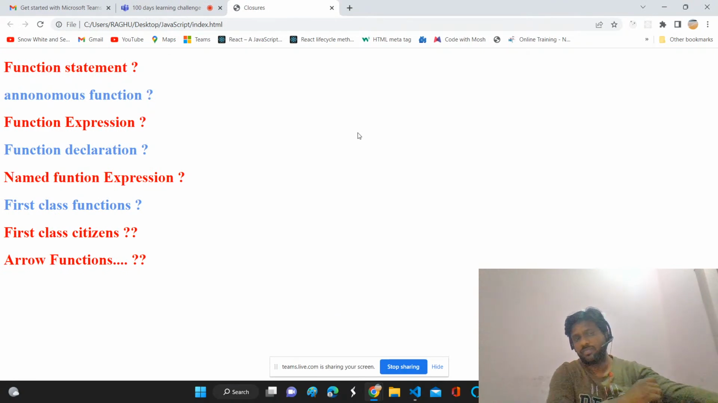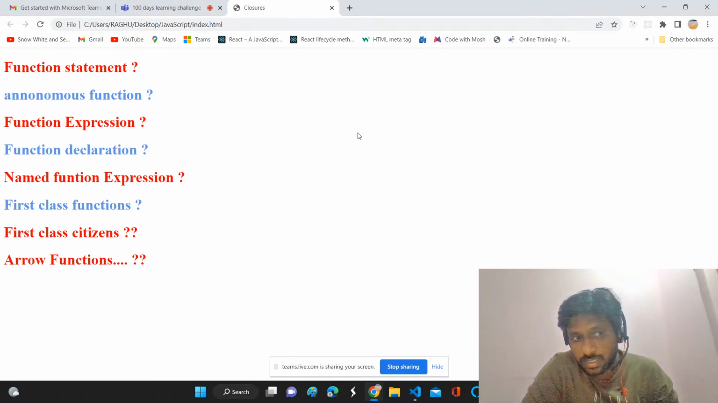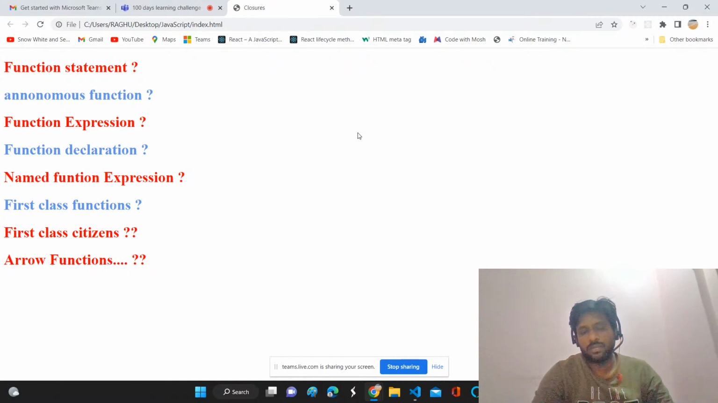Okay, in the last session we learned what a function statement is, what an anonymous function is, what a function expression is, what a function declaration is, what a named function expression is, first class functions, and first class citizens. Of course, we didn't talk about arrow functions. We're going to learn those things in the coming days. If you didn't watch the previous video,